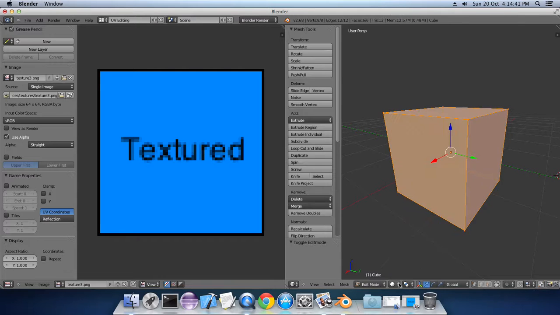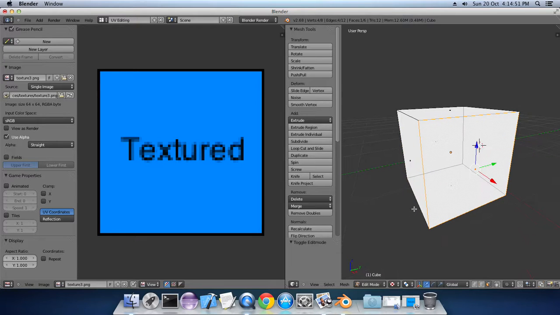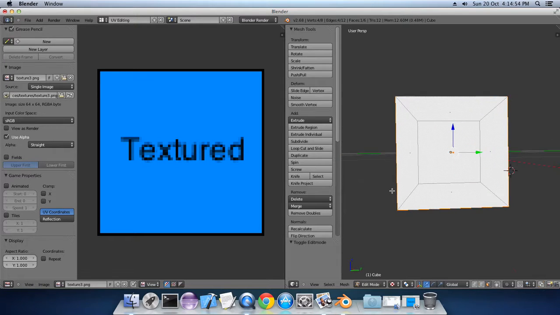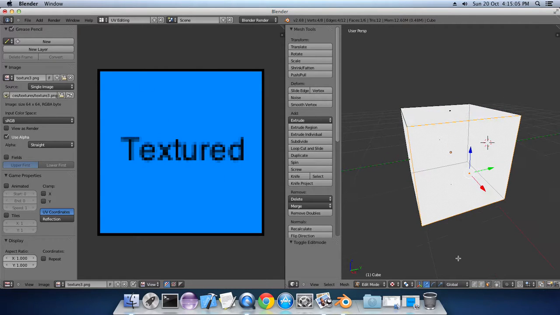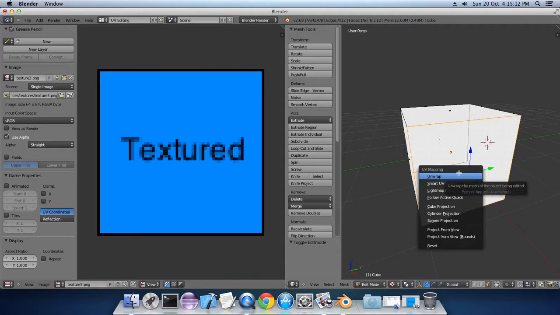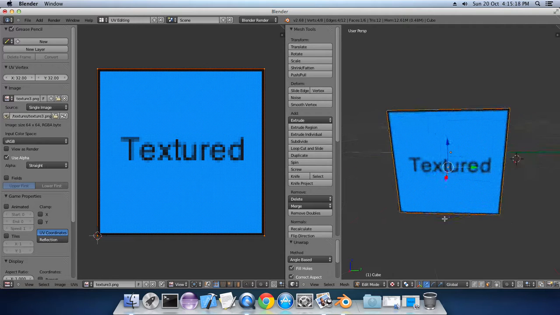What we need to do is go into the edit mode, go to face select and select the first face. Okay, now we have selected the first face. We have to unwrap this face onto the texture to create the coordinates, that is a clip on the texture that has to be presented here. So we have to press the U key while in the user perspective to bring up the UV mapping menu. Just click unwrap. Okay, this wraps the texture.